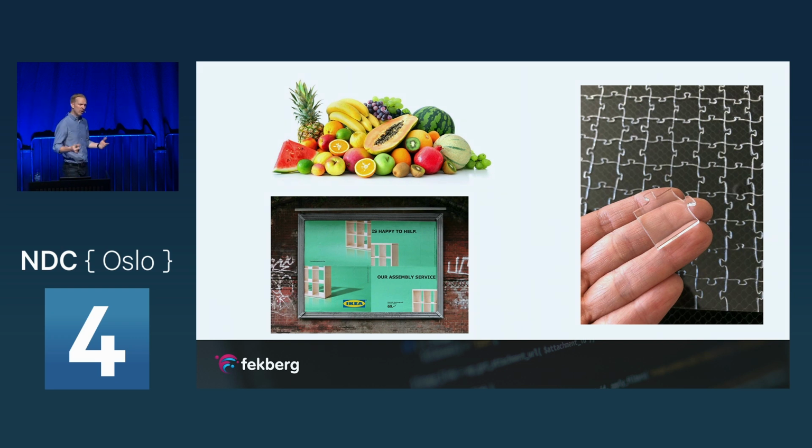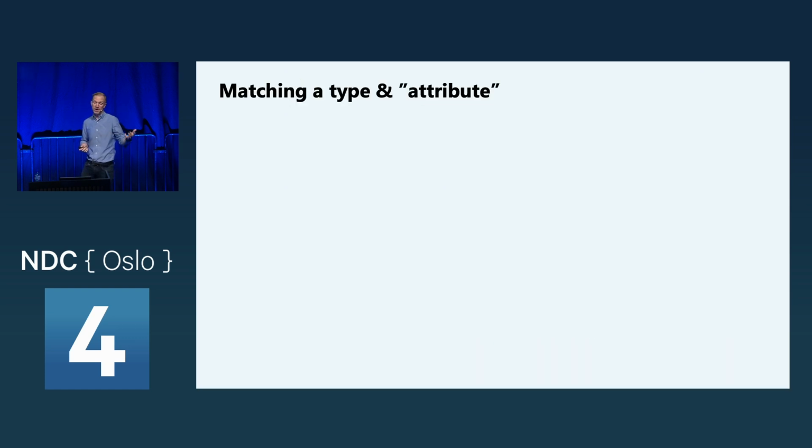So pattern matching is all about allowing us to determine what things are. So in this case here, we could check if a fruit is edible, the color, if the puzzle piece is transparent, what order these things are in the poster, and so forth. I like to talk about this like matching on an attribute or matching on the type. And I'm not talking about the attribute in terms of what you decorate a method or a class or a parameter with, but an attribute as the color, for example.